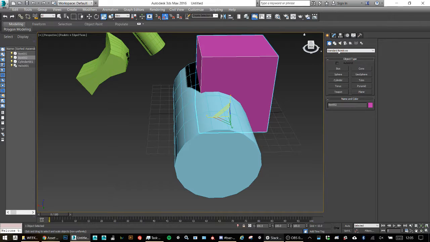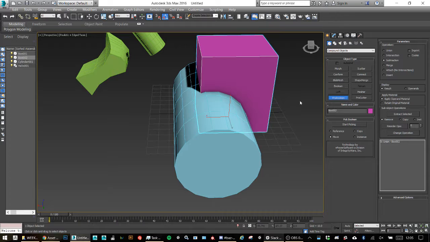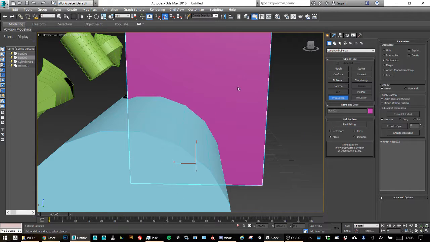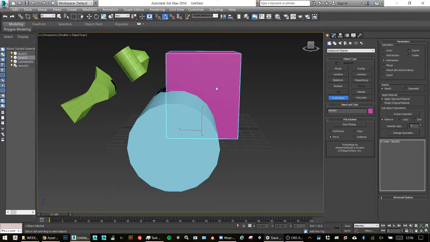Okay, cool. All right, and I can now go to Boolean this. Now to Boolean, you need to go to compound objects, and there is Boolean and Proboolean. I have no idea what the difference is. I always use Proboolean. So select Proboolean on one of them, and we want to do a subtraction. We can do a union, which will shove them both together. We can do an intersection, we can do a merge, but we want to do subtraction in this case. We want to minus the cylinder from the